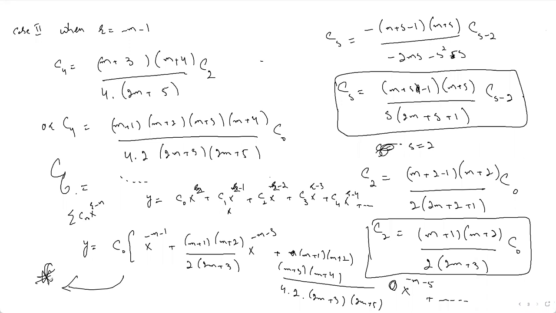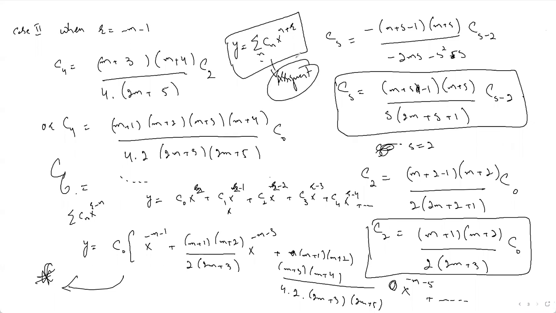Now similarly, if somebody is comfortable with finding the solution as summation over n of c n x raised to power n plus r, or r plus n, that is one and the same thing, you can also find the solution, you can just try it yourself. I am giving you this as an assignment: try to find out the solution using ascending powers of x, and see whether the solution will be the same or not. You will arrive at the same result. You just find out whether it is comfortable, but in case of the Legendre equation the solution is